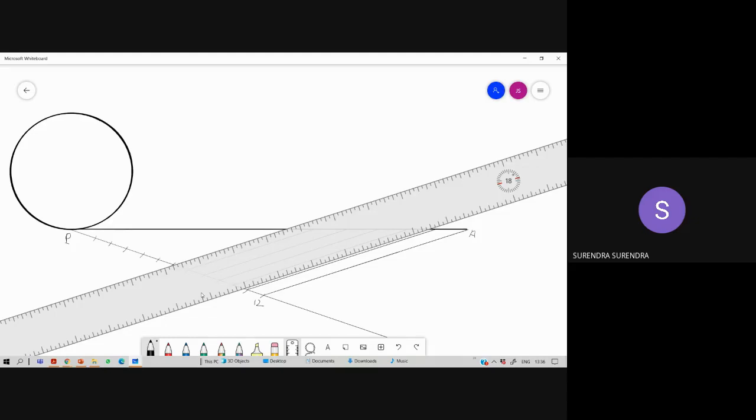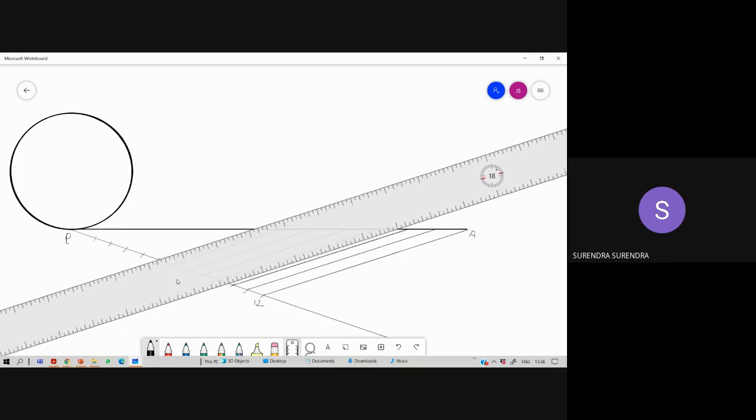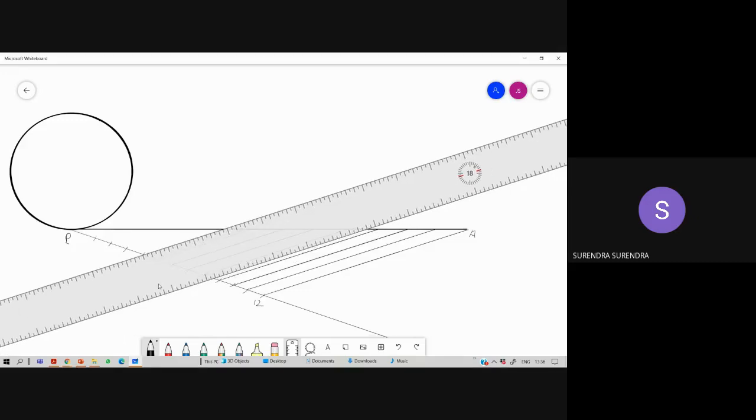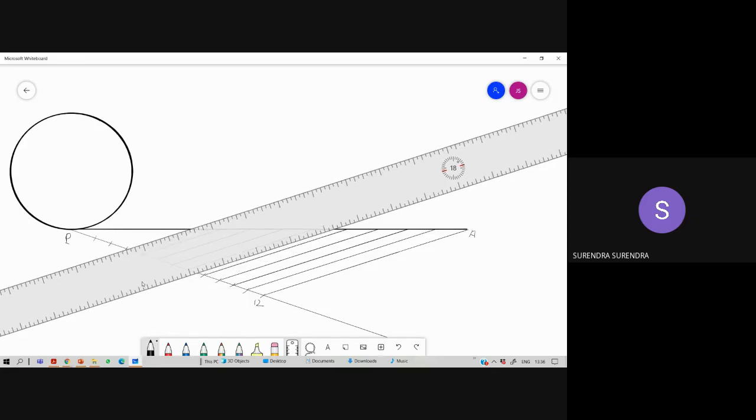So the main task is we need 12 exact divisions. If it is a polygon, all sides are of equal length, so you simply take the side increment each time. But here it is a circle. So you're dividing the circle into 12 parts, and in the same way the total circumference also into 12 divisions.